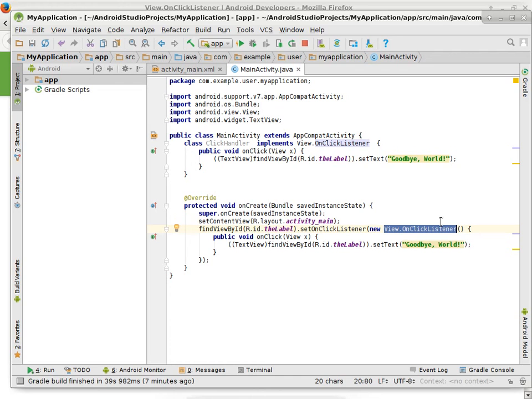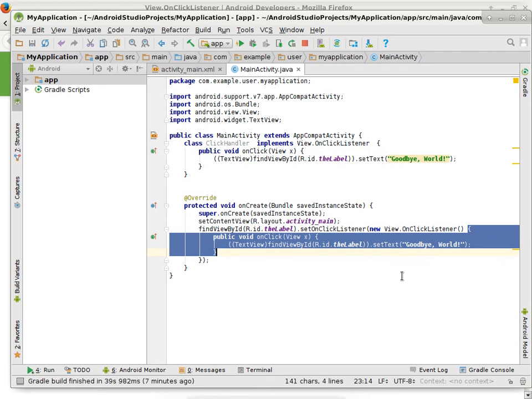Okay, so what class are we talking about? Well, we don't have an exact class to do it, but here's the impromptu definition of a class that will fit this requirement. So we are creating a class on the